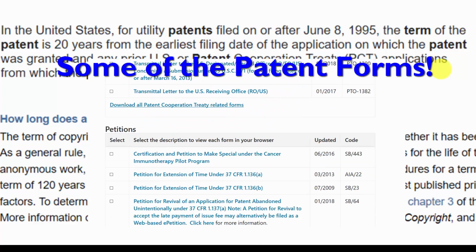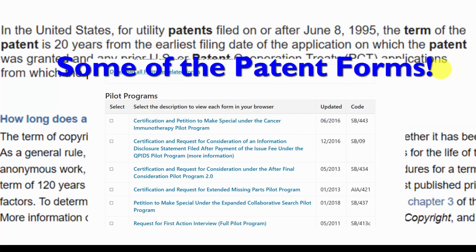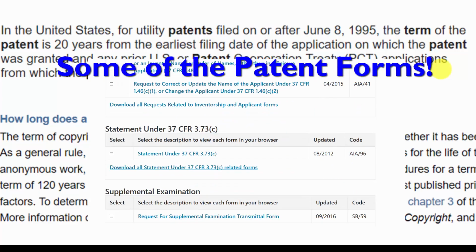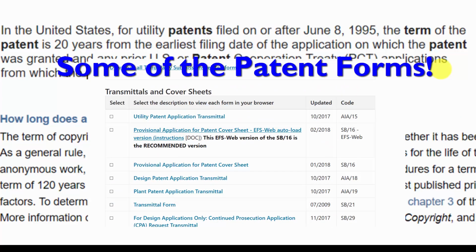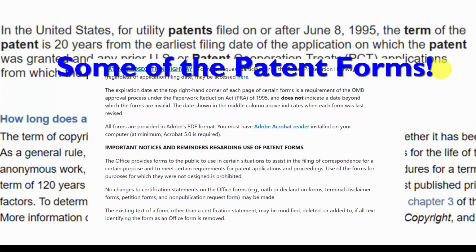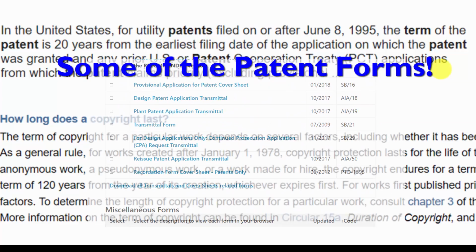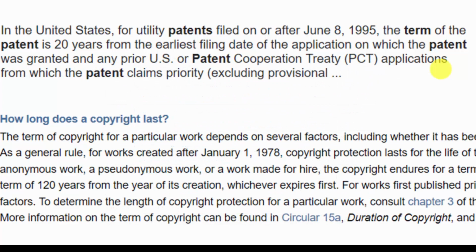And you have to prove that what you invented was non-obvious. It can't be just something that anybody could have thought up at any time. It has to be non-obvious, and there are a lot of other technical rules as well. So in order to get a patent, you have to fill out a lot of paperwork, probably pay a lawyer,